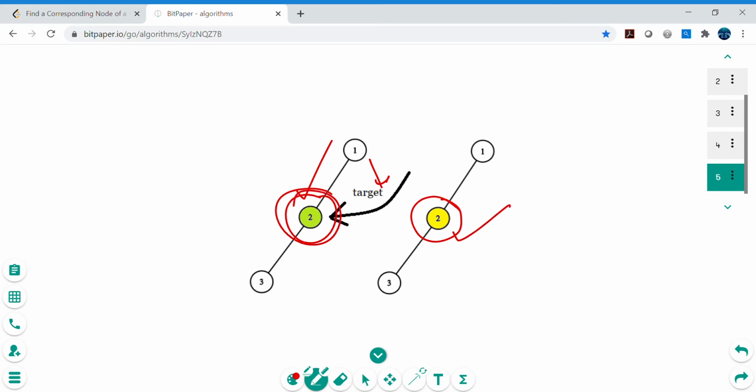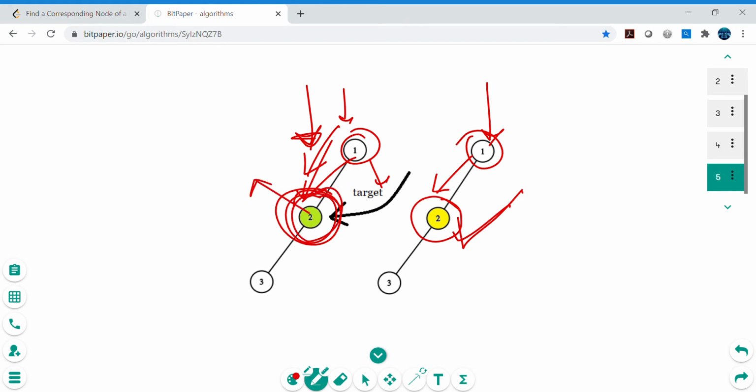Until we find the target node in the original tree. Once we find the target node in the original tree, we will return the clone. How will we return the clone? At the same time, we will be traversing, going left and right in the original tree, and we need to go left and right in the clone tree as well. Let's say we start from 1 and go left to 2. We start from 1 in the clone simultaneously, and go left to 2 as well, and we see the target is reached in the original tree. Then we just return the cloned value, which will also be 2 because we are traversing both trees. Hope that makes sense.